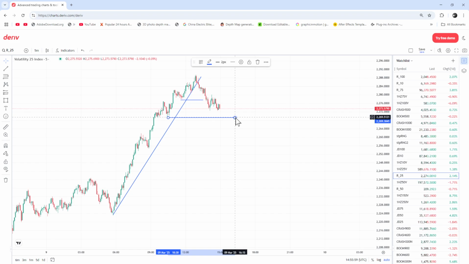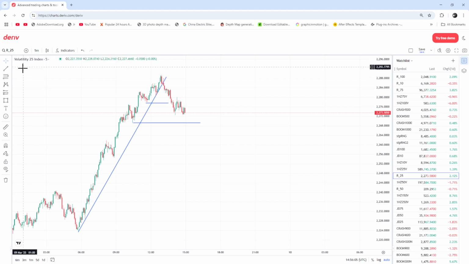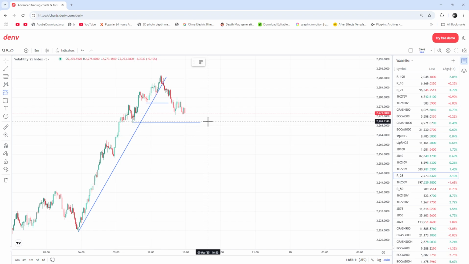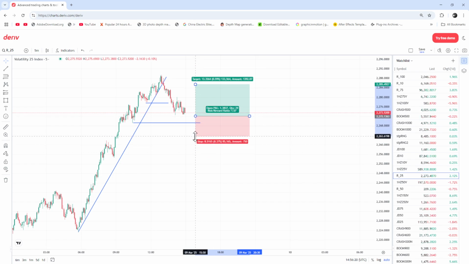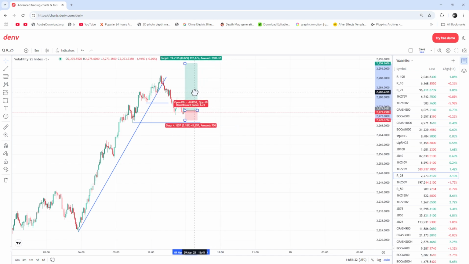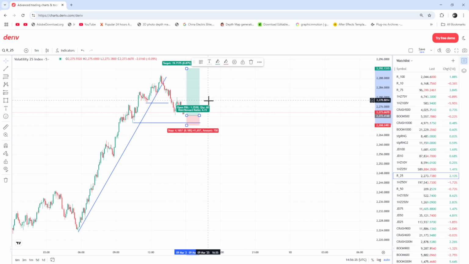So what I want to see right now is one of two things to happen. One, if I enter here, right where we are now, I'll put my stop loss below and I will be targeting even higher. But two, if this market comes down all the way like this,